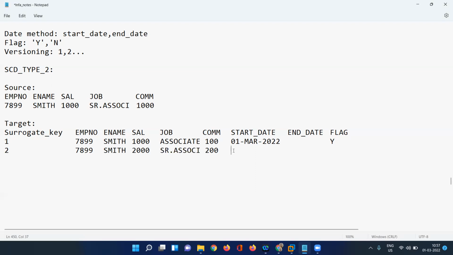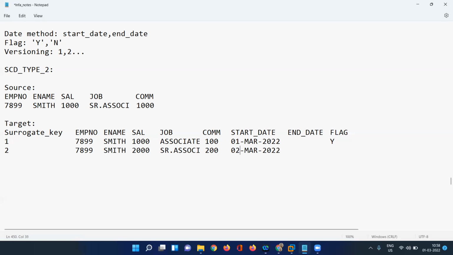Suppose today, for practical purposes, I am showing this as the insert date, March again 2022, and there is no end date for the current record.